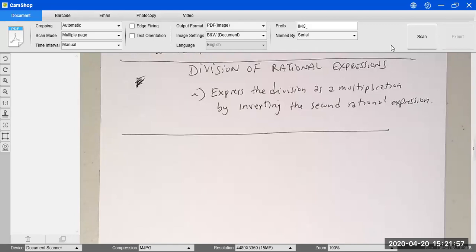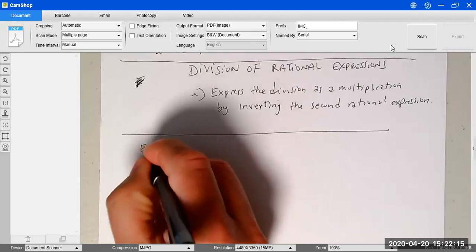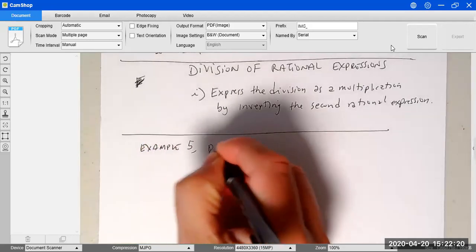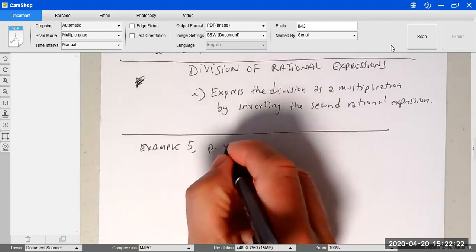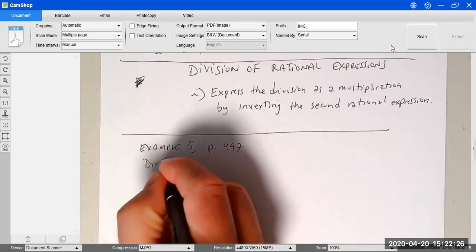Okay, to work division of rational expressions, what you're going to do is just an extra step with respect to multiplication, which is that you're going to express the division as a multiplication by inverting the second rational expression. So let's work a couple of examples. So we have example 5 on page 497. So now we're going to divide